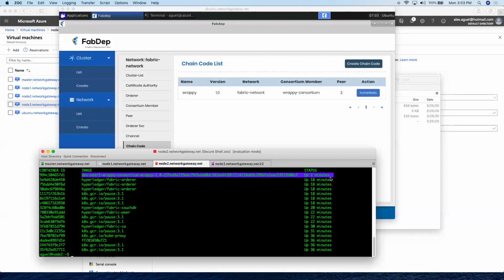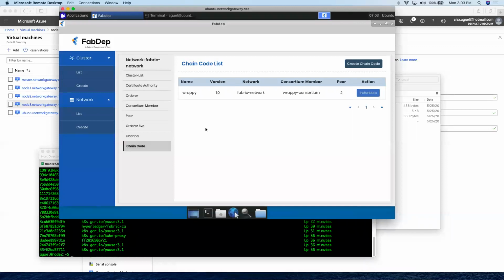Okay, now that's how easy it is to deploy the chain code from within FabDep. Now question, I have deployed my chain code. How can I access the chain code and initiate it? That's quite easy. If we go back to the peers,